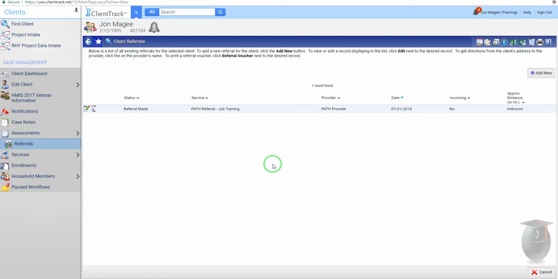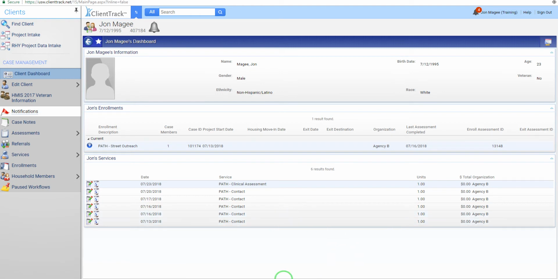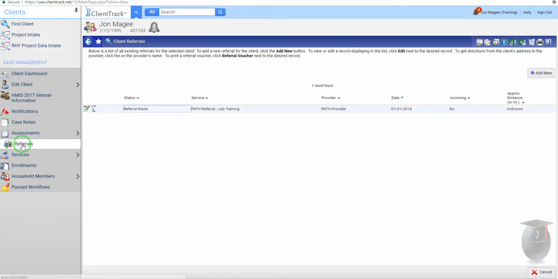And actually, you just want to go ahead and record that in the system as soon as you find that out. So let's go back to the client dashboard and say that down the road a week later we found out they did make it to the place we referred them to for the job training, and so they were able to get that. So what we'd want to do here is just go to our referrals, click the edit referral option here,